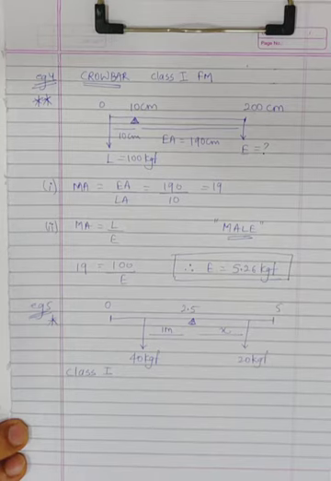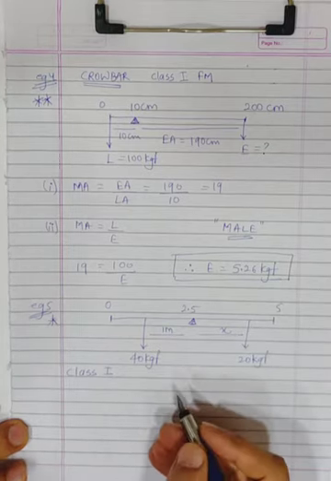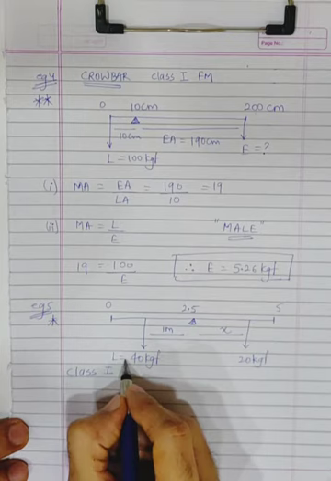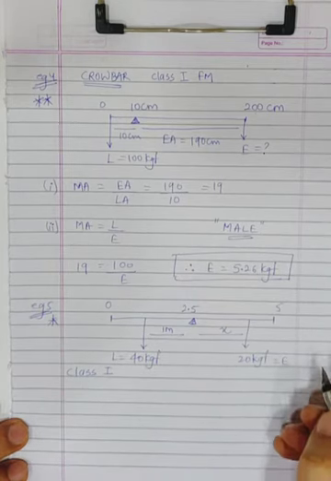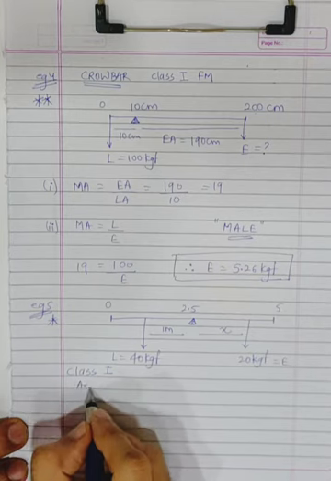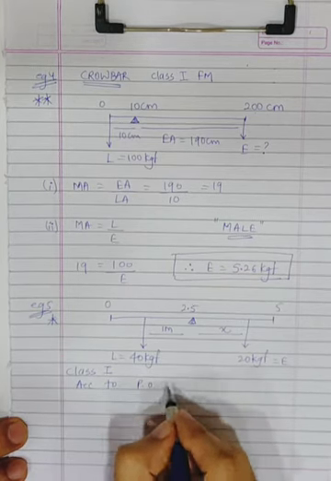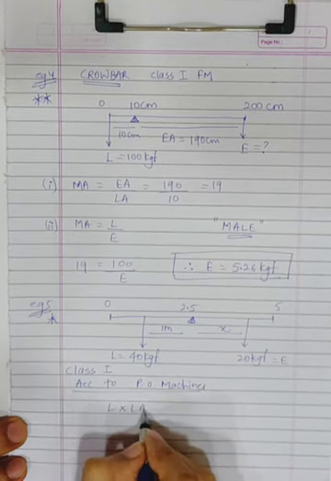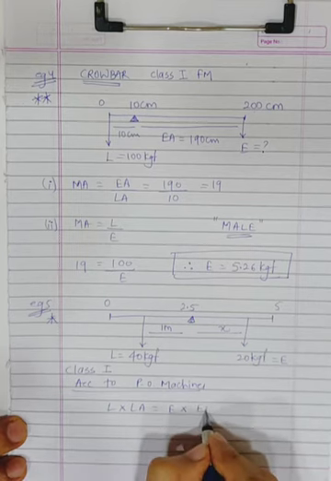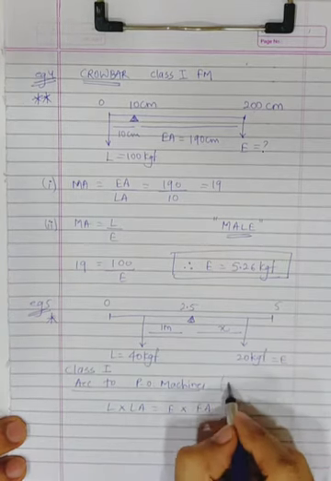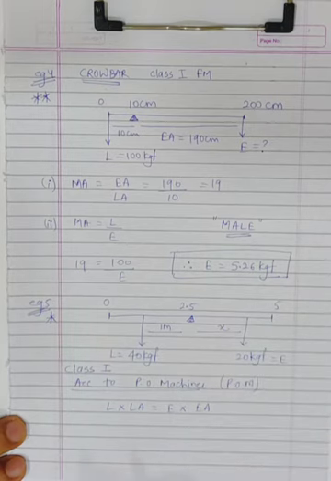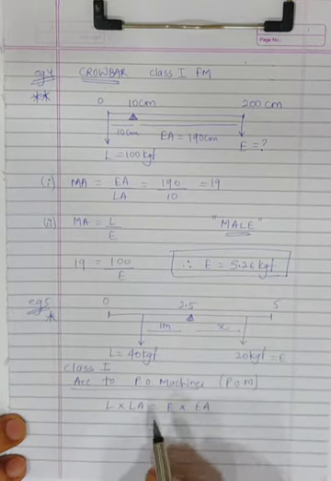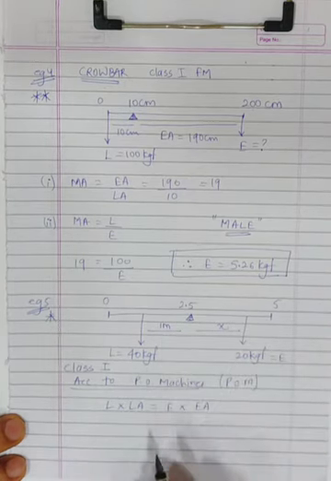So for this what we can do, okay, we can do out here. Let's assume this is your load and that's your effort. So we can say, according to the principle of machines, okay, it's called Principle of machines. Load into load arm is equal to effort into effort arm. So in short you can call it POM. Not pom, just P-O-M. Principle of machines. And what's the formula? Load into load arm is equal to effort into effort arm.